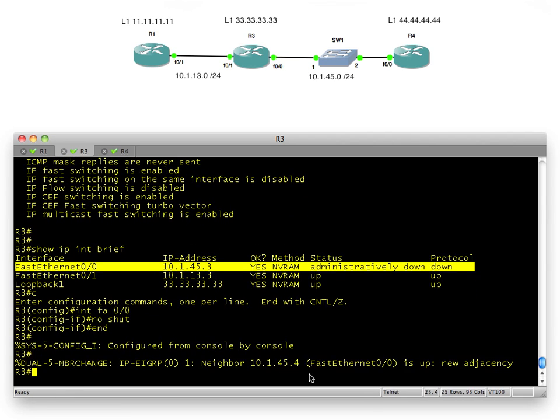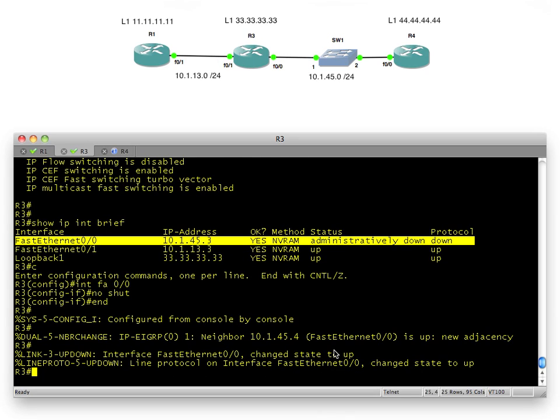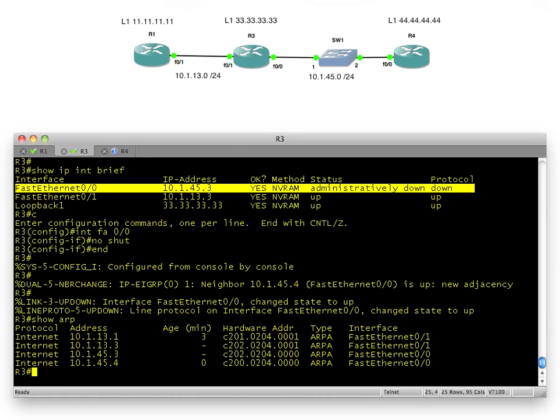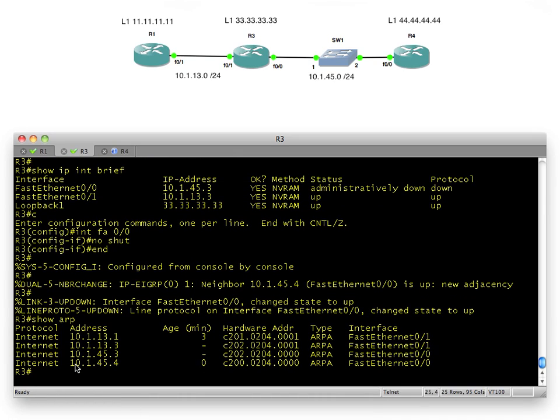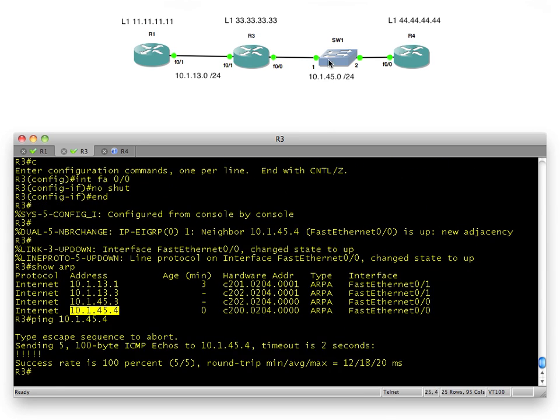And we should get, there we go. And there's our EIGRP neighborship. And just for grins, let's verify we can do a ping. We'll do a show ARP. We've resolved him already. He's right there. So we'll ping that address. Okay, so that's great. That means that the switch is not part of our problem, which it could be, and